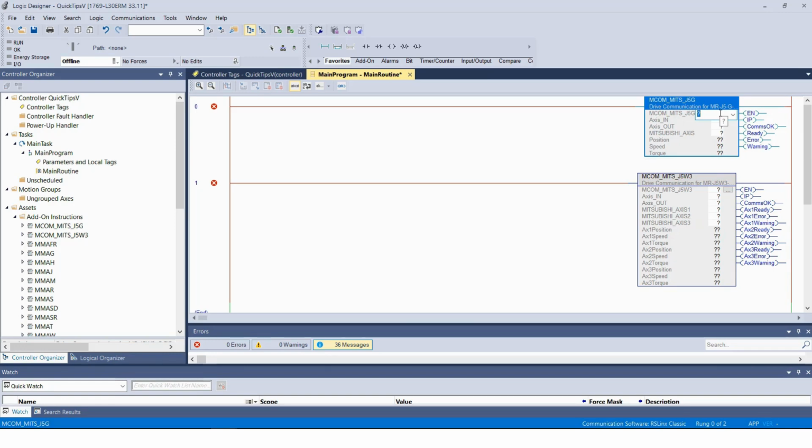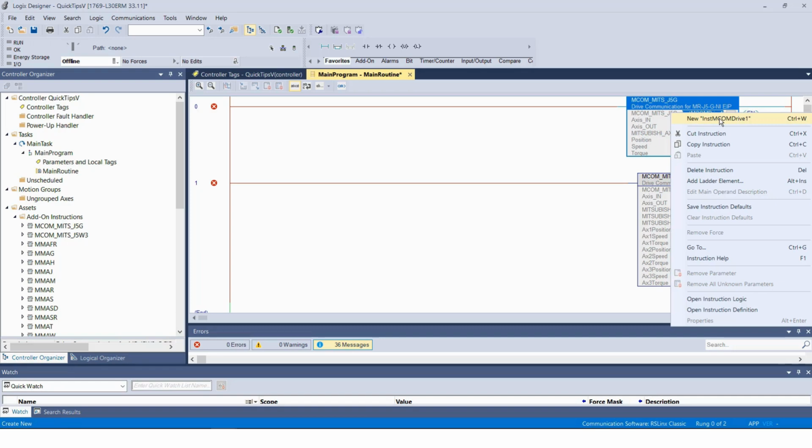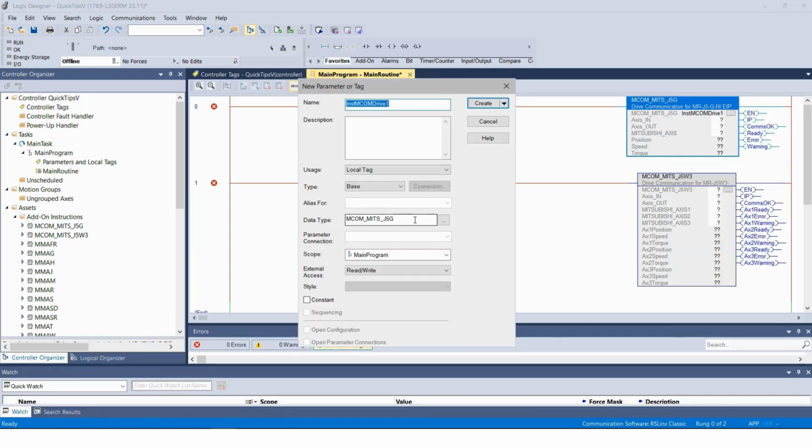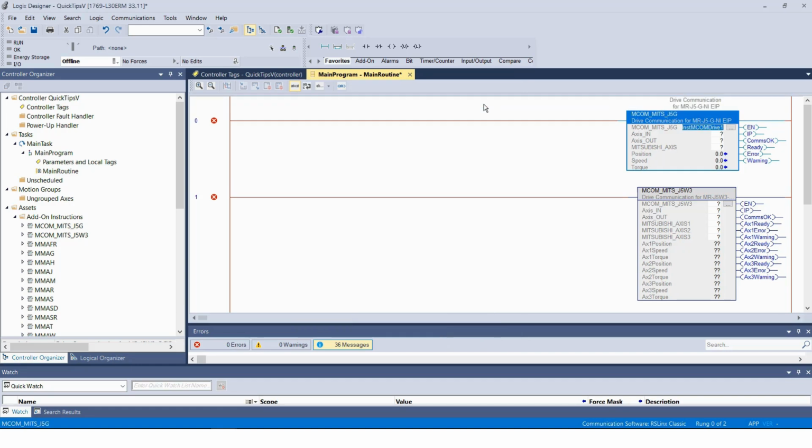Just create a tag for MCOM for J5 single axis, MCOM drive 1. Right click in here and create the new tag. You can have this tag in local or in the project, under the projects. So I'm going to keep it in local right now. So say create,